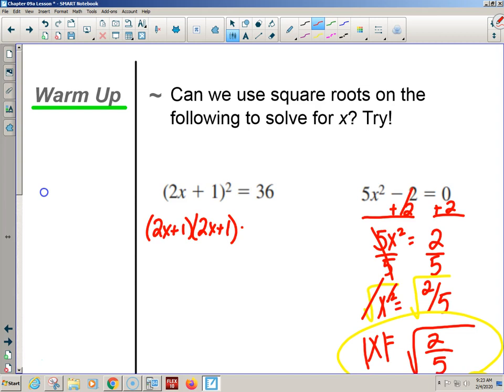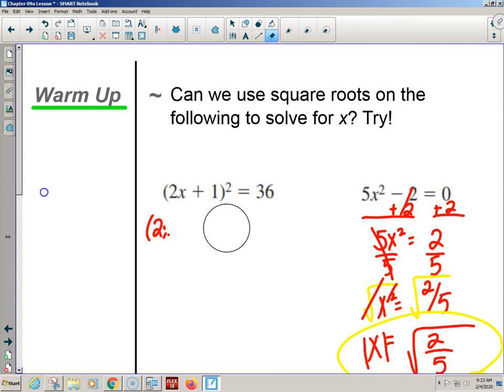And in the olden days, meaning like last semester, we would have foiled. We would have been like, this isn't standard form. I need one side to be equal to 0. But are we actually keeping one side equal to 0 anymore now that we have square roots? Okay, so the old days, get equal to 0. So we would have had to FOIL and get it all like a trinomial, move the 36, a trinomial, and